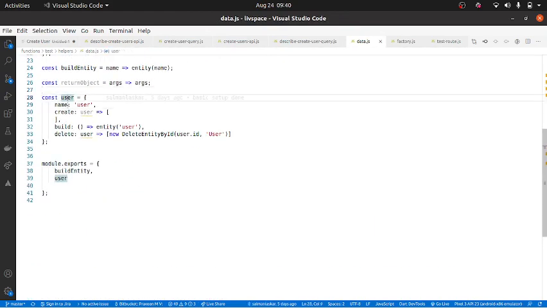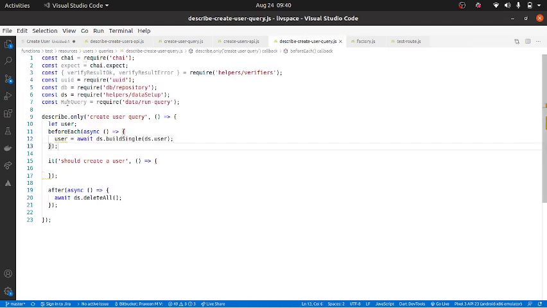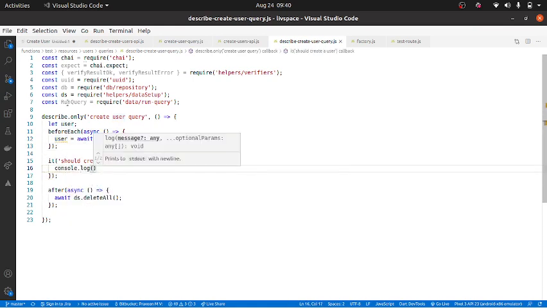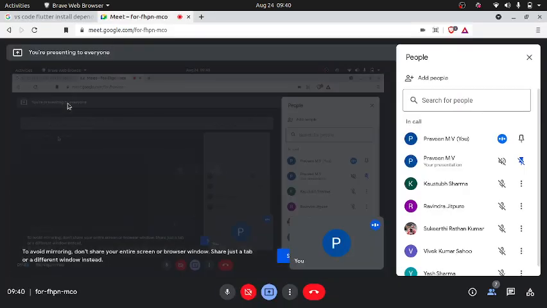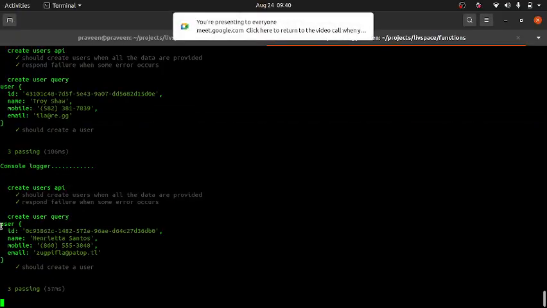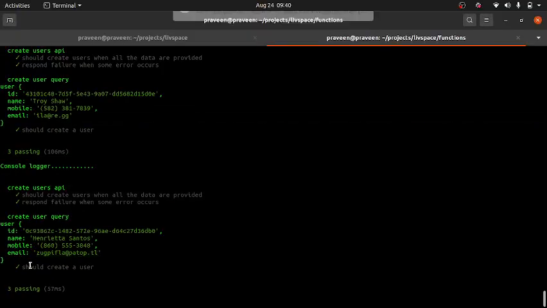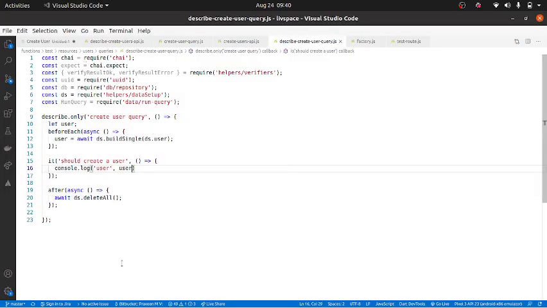Yeah, here we actually have the user name, and it's creating using this user. So this is good. So essentially this should give me the data. Let me just take a look at it. Console.log user comma user. Let's see if everything is good till now. We have basically got the user, some mobile number, and then email. Awesome.